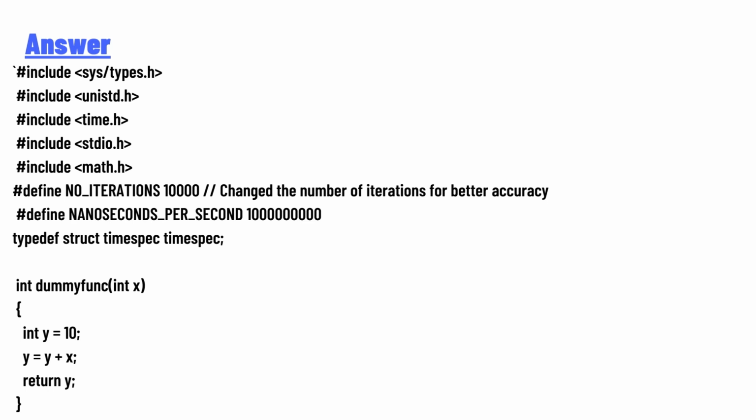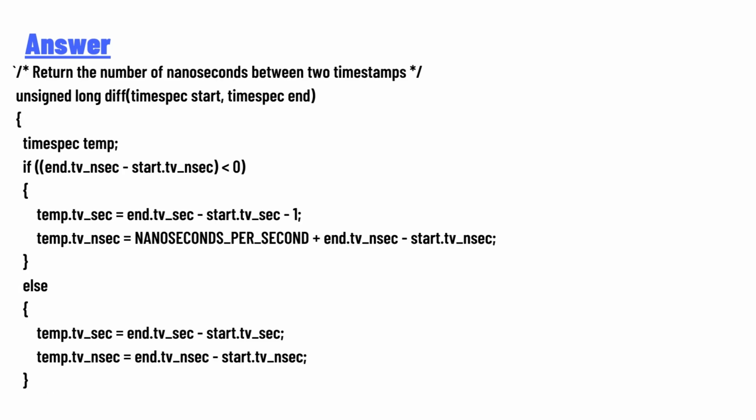struct timespec; int dummy_func(int x) { int y = 10; y = y + x; return y; } // Return the number of nanoseconds between two timestamps. unsigned long